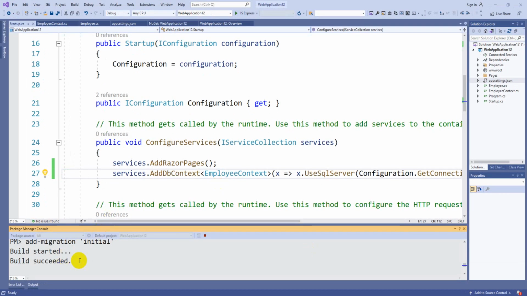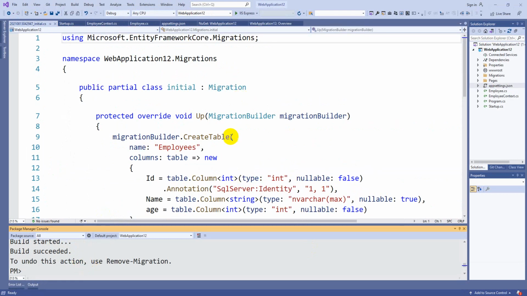The build succeeded, so this particular migration was generated.